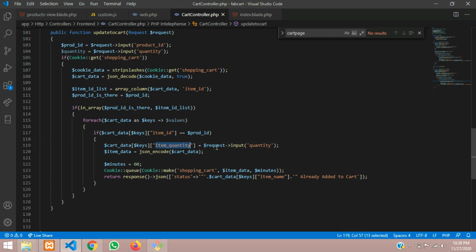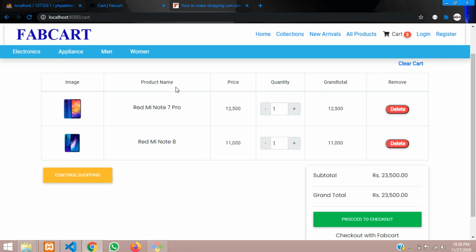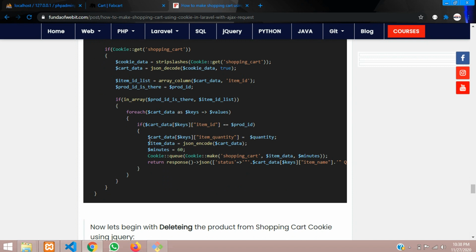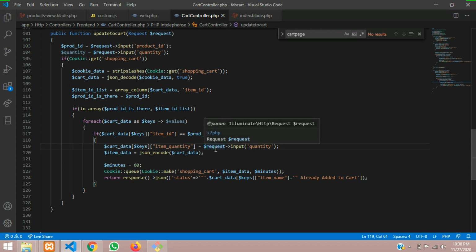Item quantity is equal to the input of quantity, as you can check over here also. But here you are incrementing something, because you want to change some things over here, right? So for that you can just go with this and check the same things. Everything is the same, only the quantity variable I have called over here, and the input over here. If you want to keep it, you can keep it, or else call this quantity variable directly. So let's press Ctrl C and hit enter, and that's it.